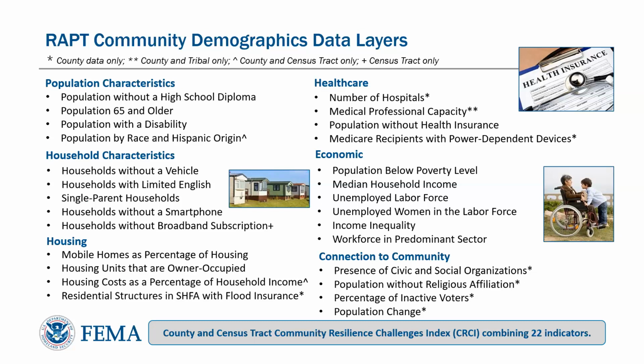Again, all of these layers are publicly available. We're pulling them from the ACS, which is the authoritative data source. Because of that, we have the most recent data available as well. As soon as ACS releases their data layers, we pull them and we take about 2 or 3 months updating RAPT. So we always have the most current and recently released information.